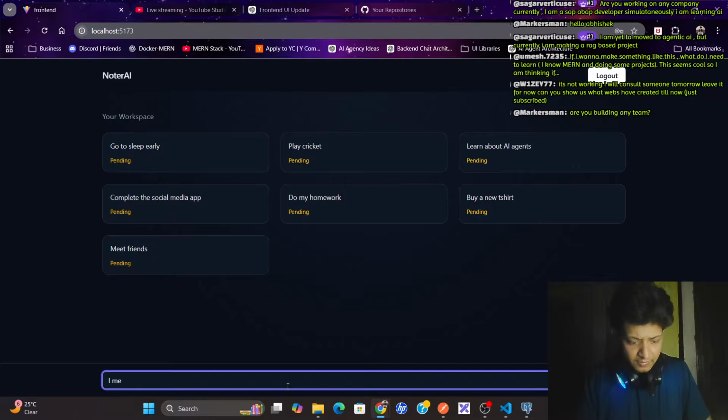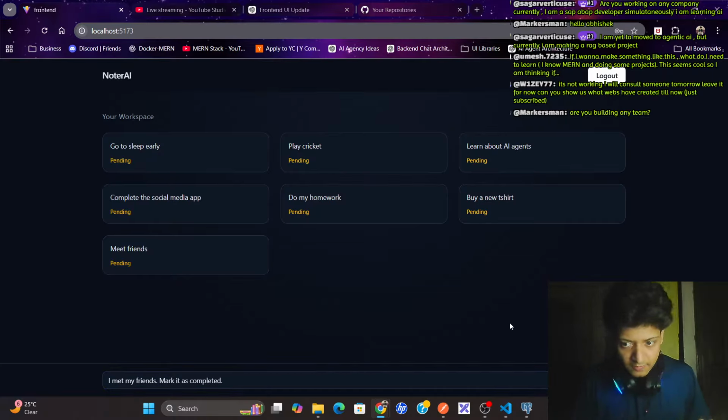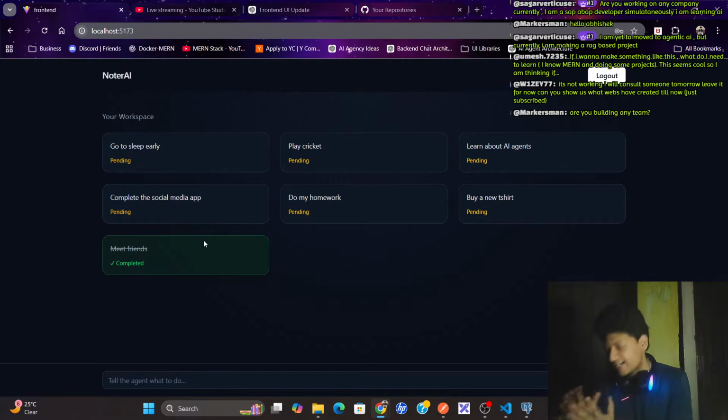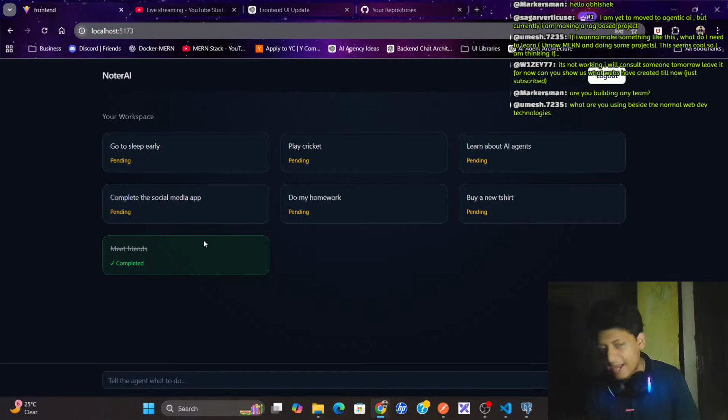I met my friends. Mark it as completed. Let's see if it does or not. Yeah, see, it marked this node as completed. So the agent decided which function to call. I'm just sending the message and the agent is doing everything.